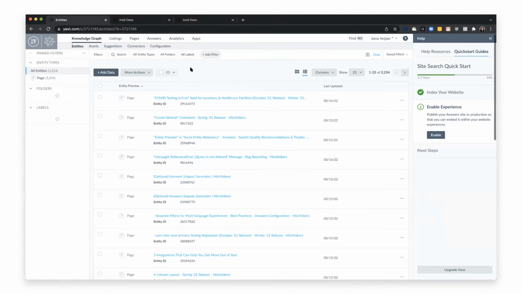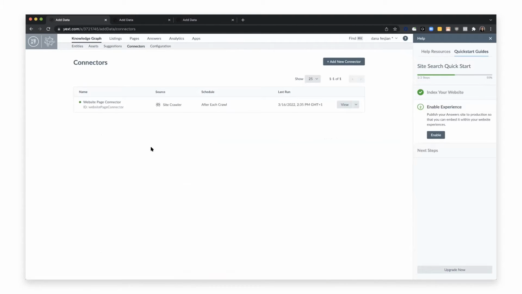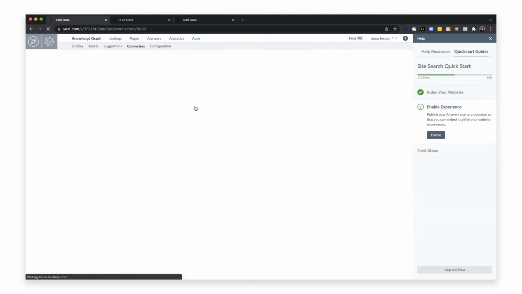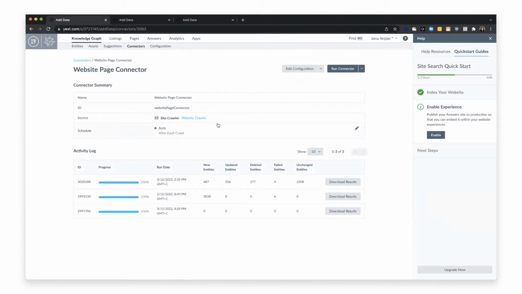And if we want to go look at the connector and get a little bit of a sense of the back end of where that's coming in, we'd click on the connectors tab. And we'd be able to see we have this connector crawler set up that's pulling in the data from the website. So we can click into it. We can see that there's been a few runs. We can click edit,